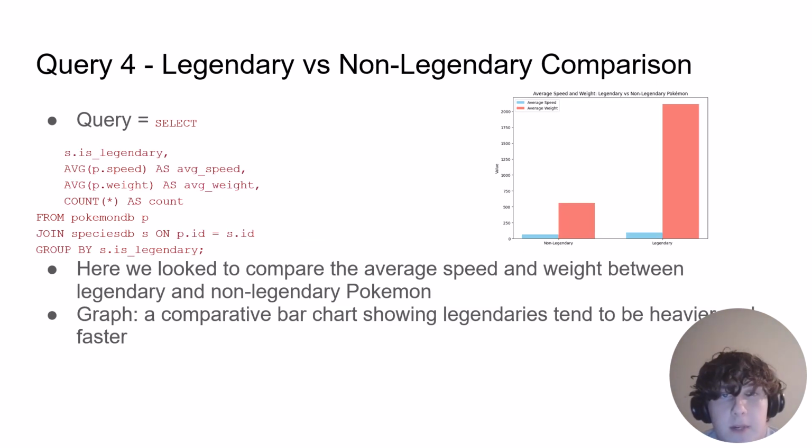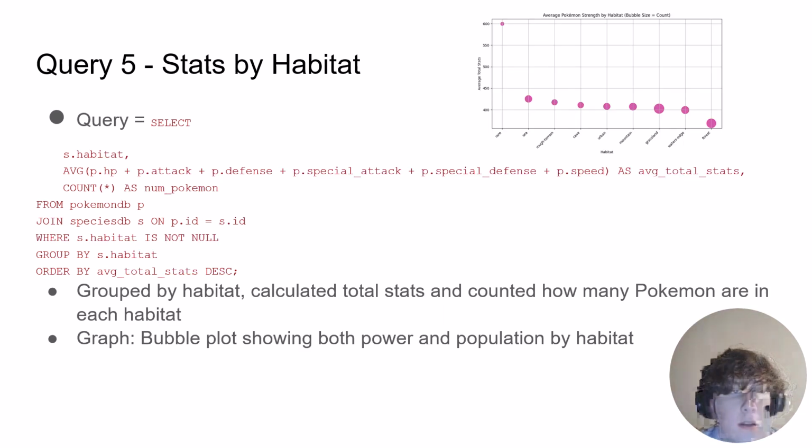The next query was a legendary versus non-legendary comparison, where I got the average speed and weight for both Pokemon that fit the legendary category and those that didn't. And then I created a comparative bar chart which showed that legendaries tend to be heavier and faster than non-legendary Pokemon. The last query I did was stats by habitat, where I grouped the Pokemon by habitat, calculated the total